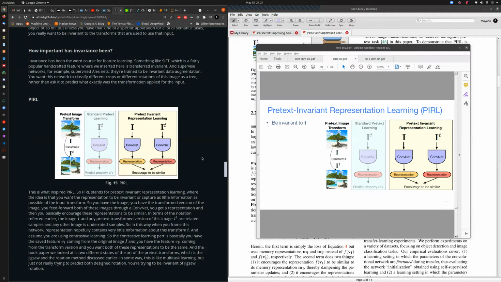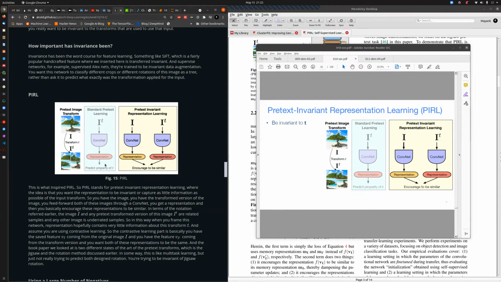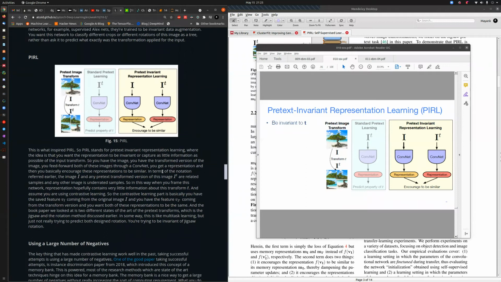So you can use these as a training objective or a kind of robustness parameter in that space. So that also works. Now we go on to PIRL,